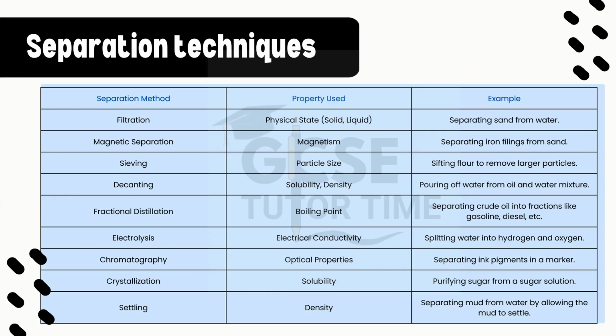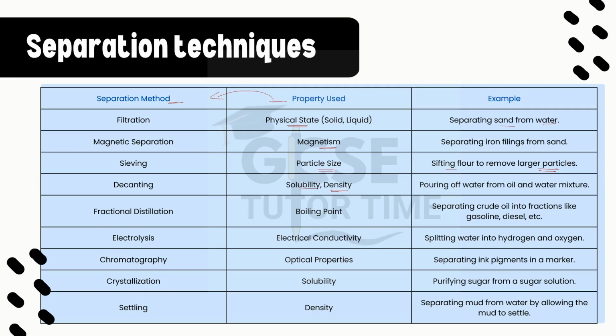Separation techniques: the separation method, the property used to do this separation, and then a few examples. First is filtration. The property used is physical state, separating sand from water. Sand is solid, water is liquid, so we separate a solid from a liquid. Magnetic separation is based on magnetism, separating iron filings from sand. Sieving uses particle size, sifting flour to remove larger particles. Decanting uses solubility and density,